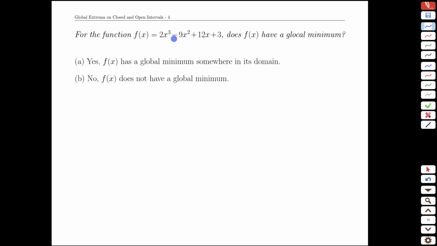Let's consider the same function again, but asking whether it has a local minimum. Take a moment to look at the two options, and then we'll check in. All right. I think based on the last example, hopefully, you answered this quickly to no. Because again, we had that sketch. The important side this time is that when the function keeps going down and down and down, there's no single lowest point. Or we could make the statement that as x gets larger but negative, as x approaches negative infinity,